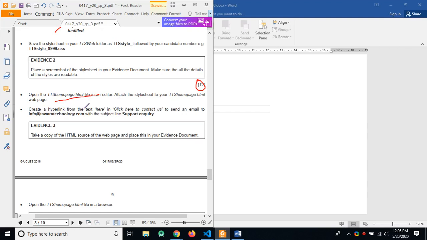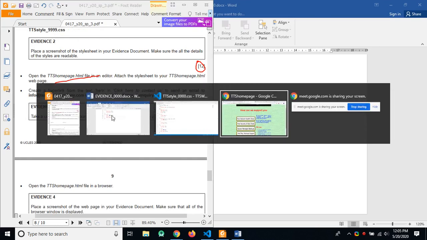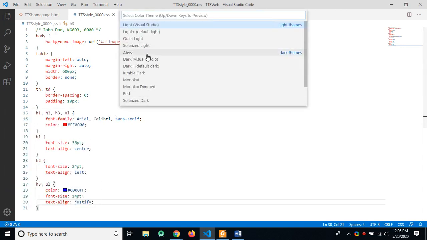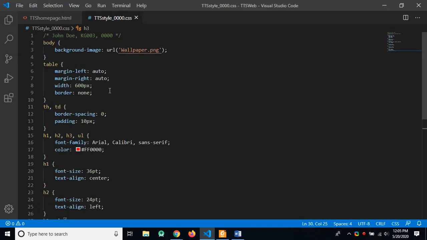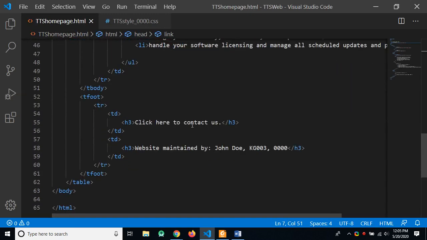Create a hyperlink from the text here. Click here to contact to send an email to info@tawaratechnology.com with the subject line support inquiry. Okay, let's go and do it. Right now I can come and change the color theme back to dark, increase it a little bit, and over here contact here needs to be changed to an anchor tag. Okay, anchor tag. Here we will send the email,